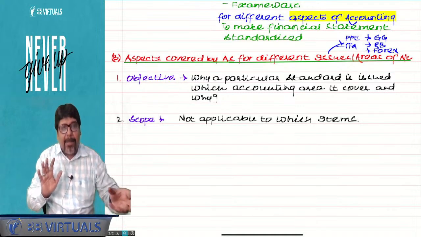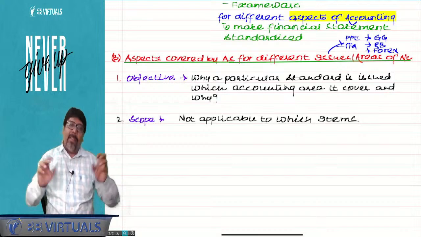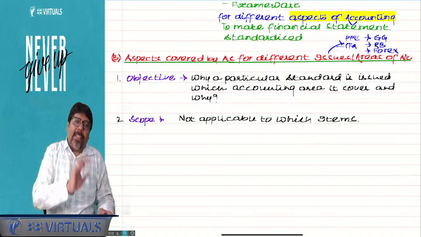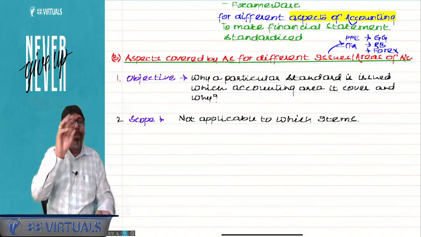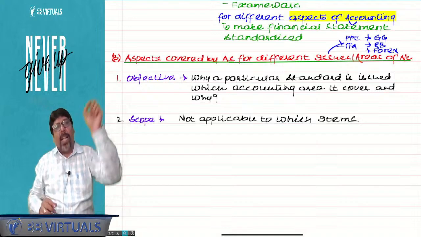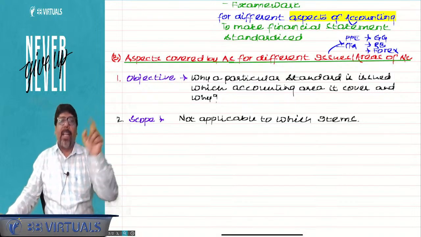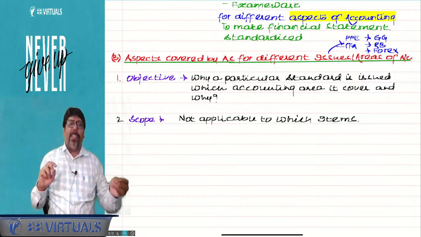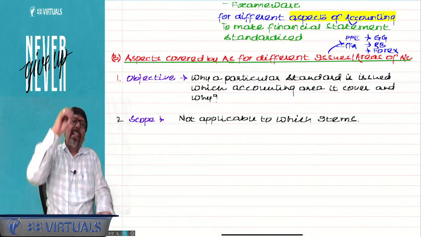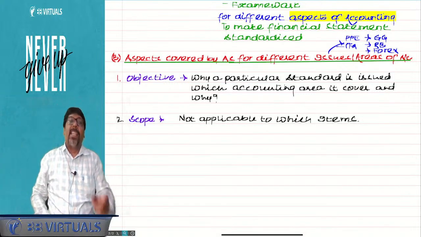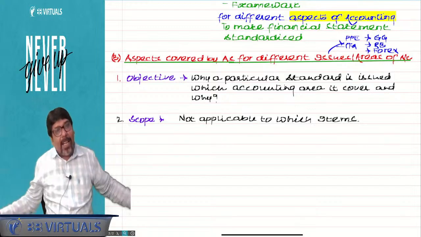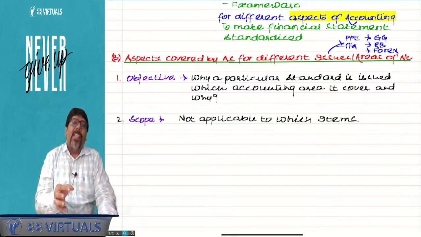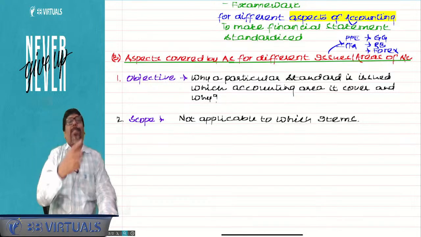So, not applicable means, for example, I say inventory and a person is buying and selling shares. For the person whose business is buying and selling shares, don't you think the shares lying unsold in his demat account are inventory? Yes or no? Yes, sir. But AS 2, the inventory valuation standard, says that it is not applicable to investments. What does that mean? Investments are not inventory, or they are inventory, but AS 2 is not applicable. Out of scope means it is inventory, but AS 2 is not applicable.